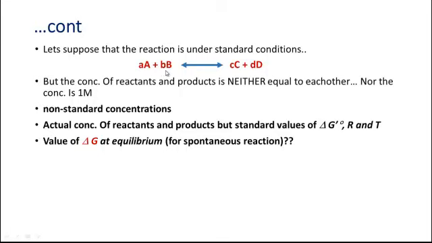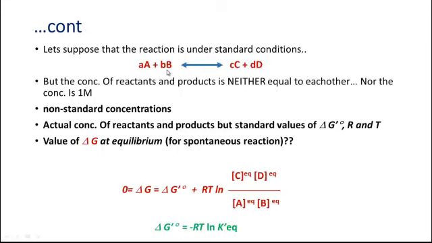Now in this reaction, when the reaction started, the reactants had their maximum concentration, whereas as soon as the equilibrium state approaches, the concentration of reactants will be reduced and the concentration of the products will be increased. And what else happens is that there is no more driving force, meaning that the value of delta G is equal to 0. So in this situation, when the value of delta G is equal to 0, the equation can be written in this way.